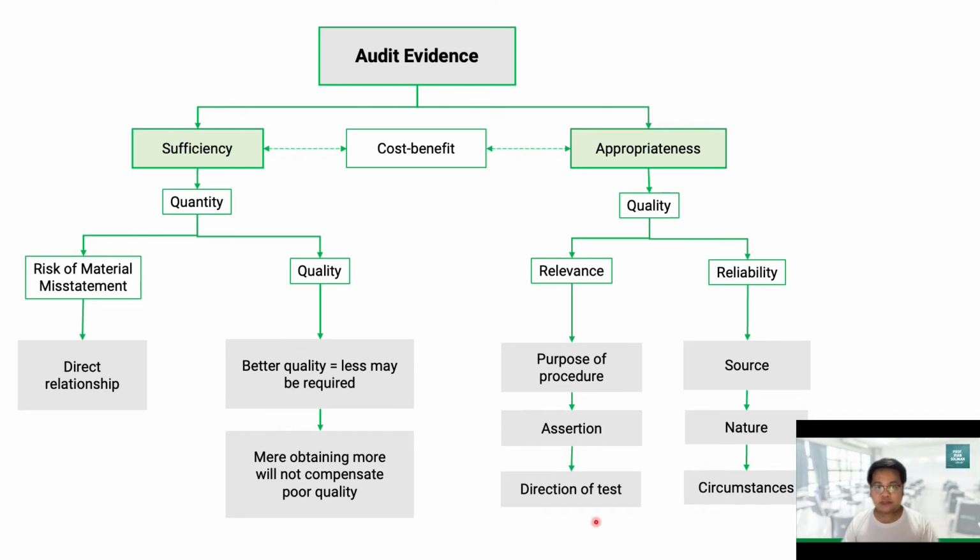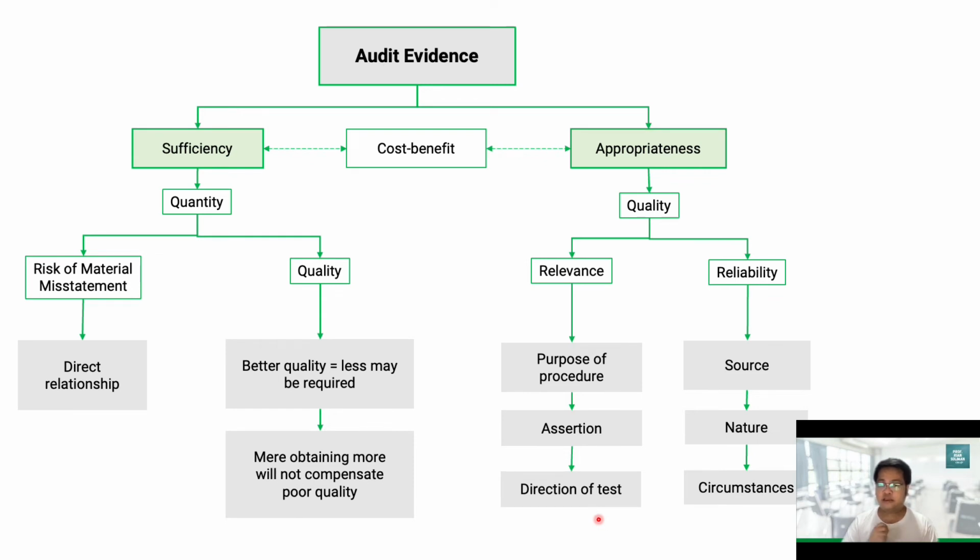Okay? So same thing with direction of test. For example, if we are auditing existence, then what would be relevant and considered high quality evidence are those directions of testing that would address the existence or occurrence of the item that we are testing. So in the case of test of existence or occurrence, that would be vouching, wherein the direction of the test is from the accounting record going to the source document. So that direction would be considered of high quality with respect to that type of audit procedure or direction of